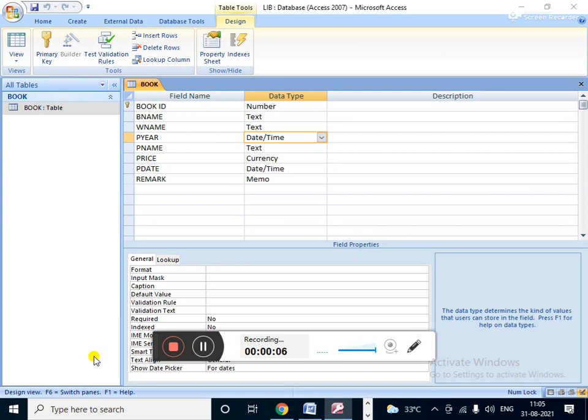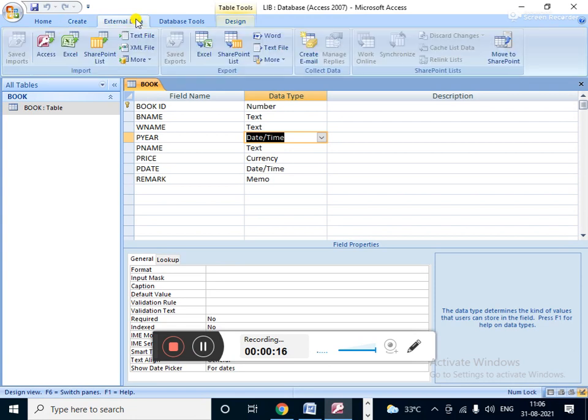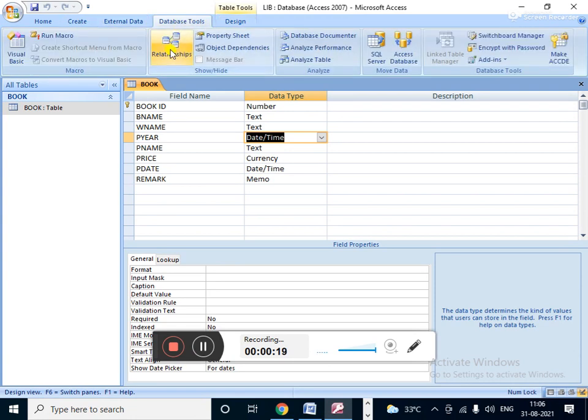Today, I am going to discuss Microsoft Access. In the last class we already discussed how to create a relationship. Here is the relationship option. See this relationship option, we learned it last class, and in today's class we are going to discuss creating tables, but new topics. So let's start the class.